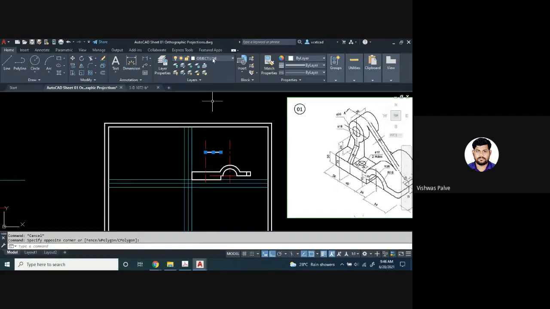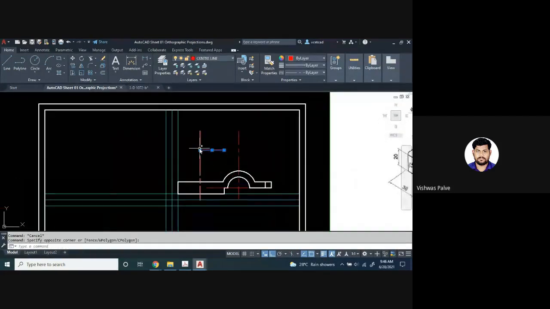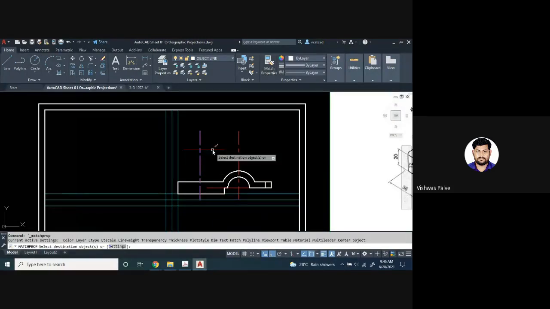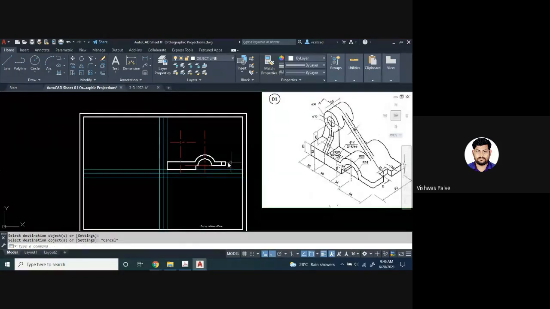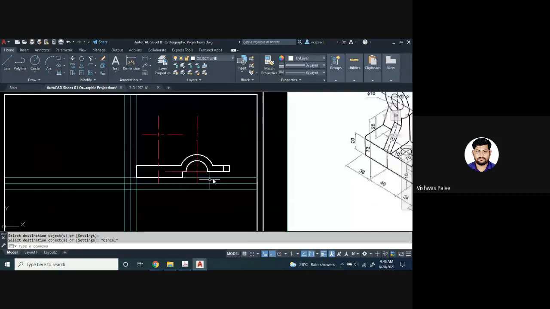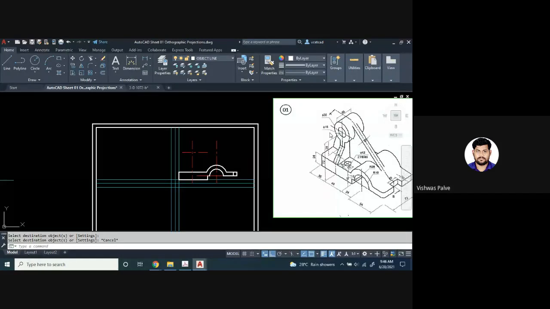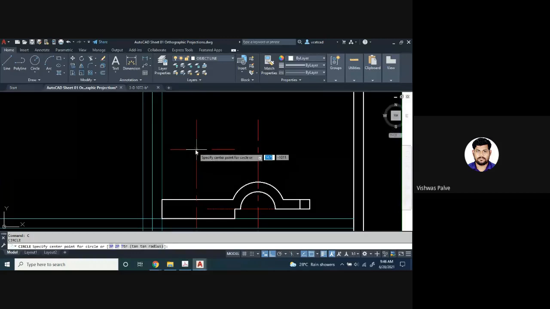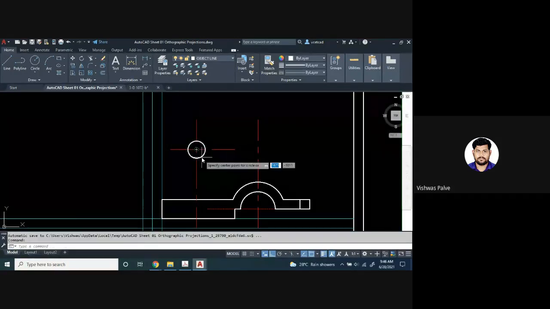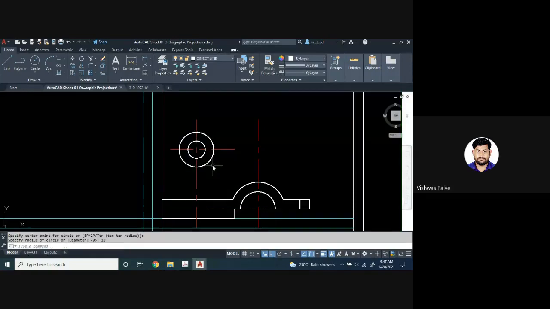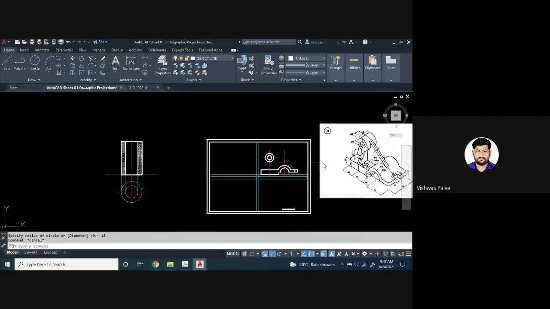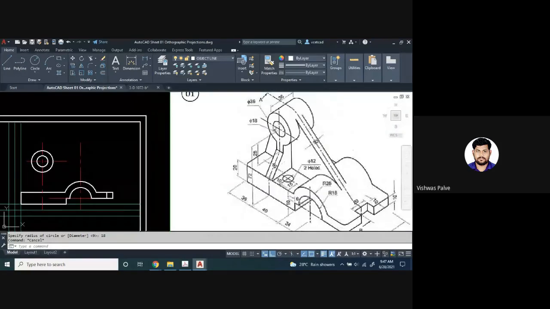Now you can convert that line into a center line. First take a reference of any line, and then you can easily convert it using the match property option, which converts the property of that line. So I have located the center. There we have to draw two circles, one of radius 9 and another of radius 18. C enter, radius 9, and another of radius 18. So diameter 18 and diameter 36, two circles I have drawn.